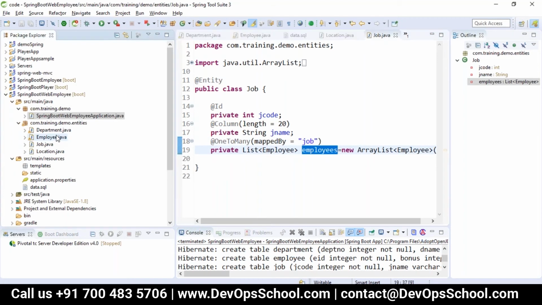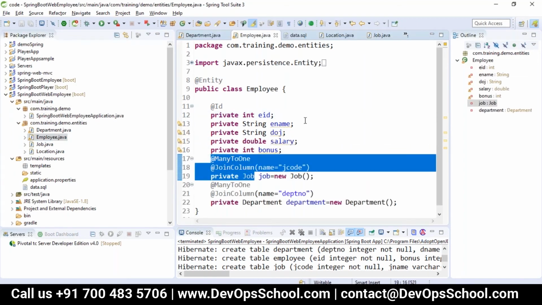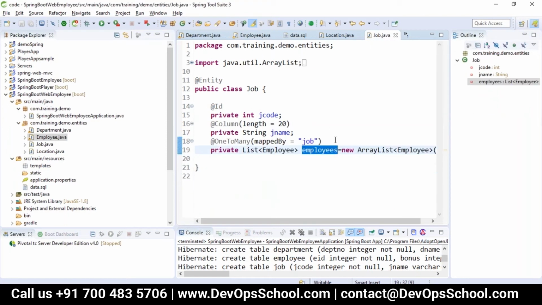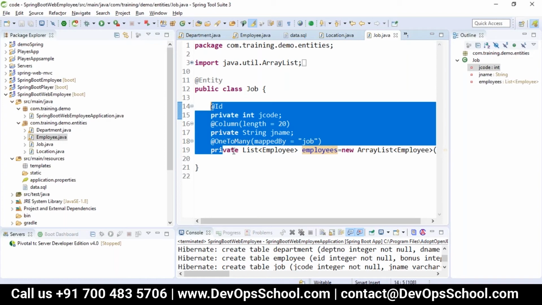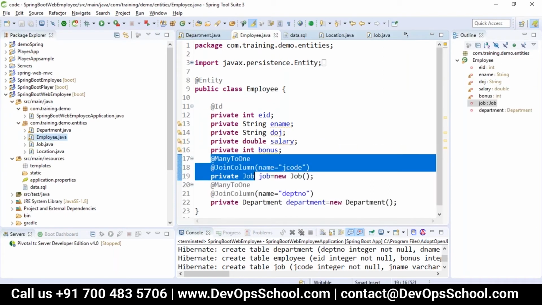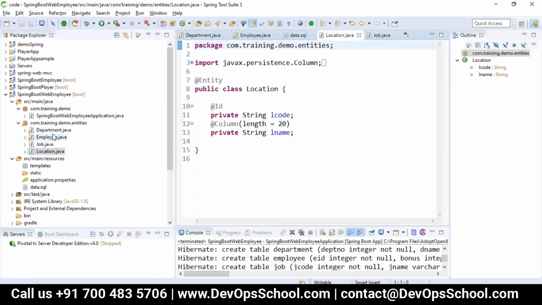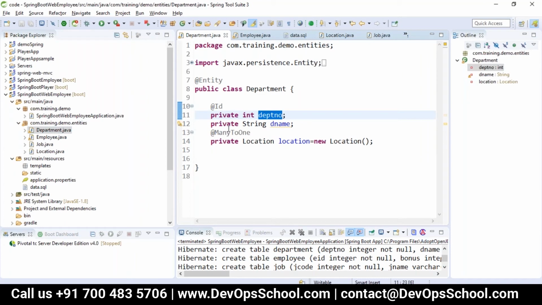When you go to the employee entity, it is already mapped with many to one of job. So that same job we got here now. This way we create and work with the entities. I just took four different entities to work on the relationships. This is how we work with entities. Are you clear with the entities?